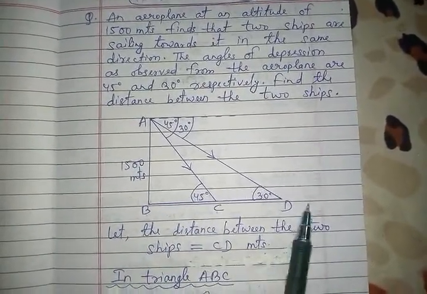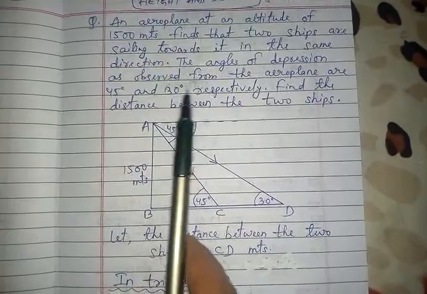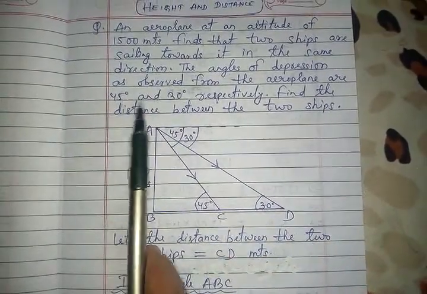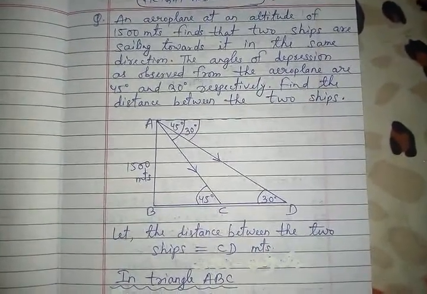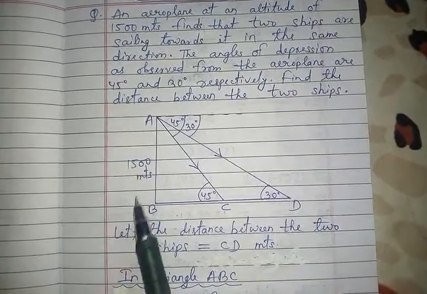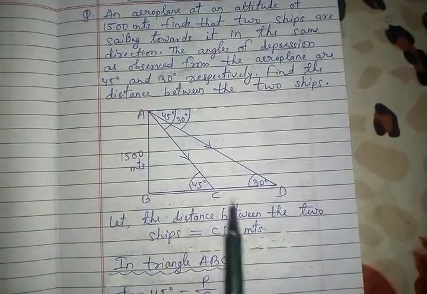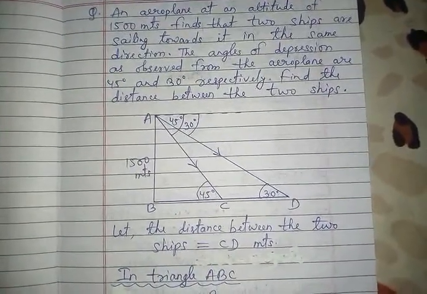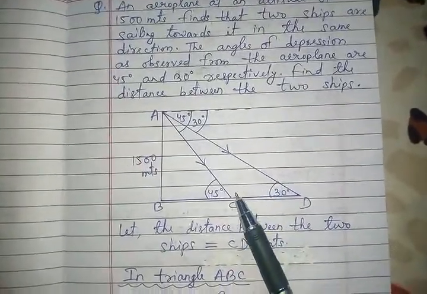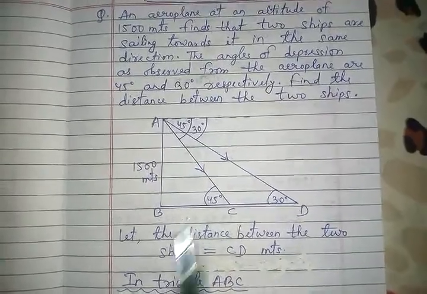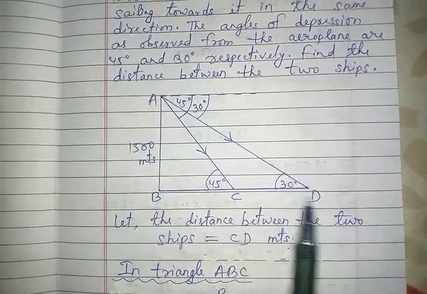No, both the ships are sailing in the same direction, and the angles of depression as observed from the aeroplane are 45 degree and 30 degree respectively. Angle of depression means whenever something is being observed from the higher level to the ground level, from up to down, then such angles are called angle of depression. And when we see from lower level to upper level, that is called elevation. So this is depression. Now you can see here, point C is one ship, point D is